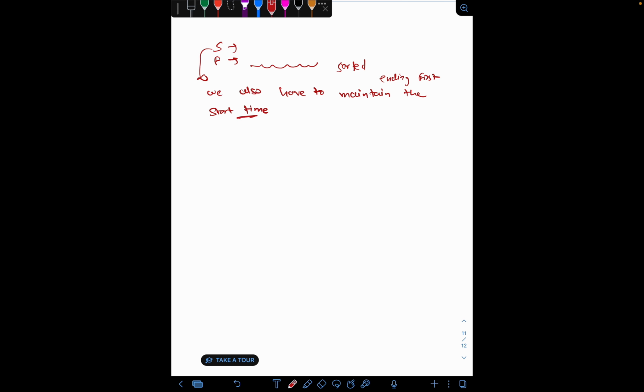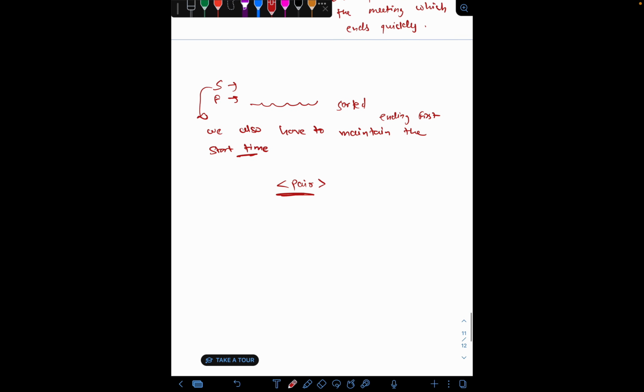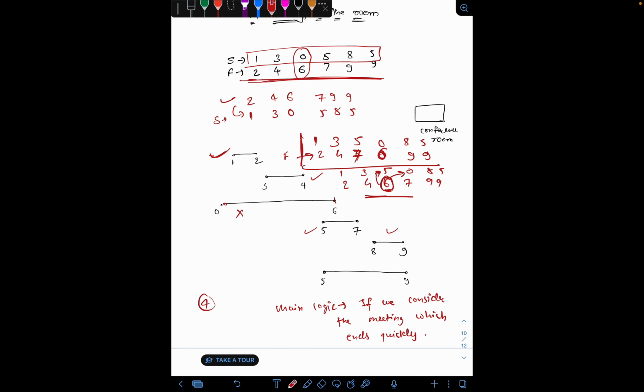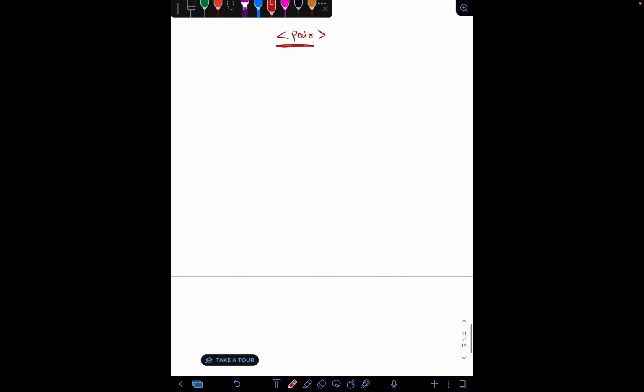We can simply pair them up. In the same example, the start times are 1 3 0 5 8 5 and the finish times are 2 4 6 7 9 9. If we pair them up and make an array list out of this, it will be beneficial for us.